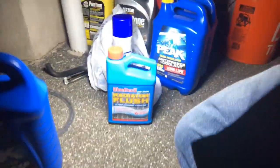A lot of kits are rip-offs. No, I'm not doing anything with a kit. I'm doing the flush on here. I'm just putting this stuff in. I got this I'm gonna put in when I'm done. I bought a lot of this cheap stuff here for the flush. I'm gonna go 2 rounds with this radiator flush of putting it in and just letting it run for a